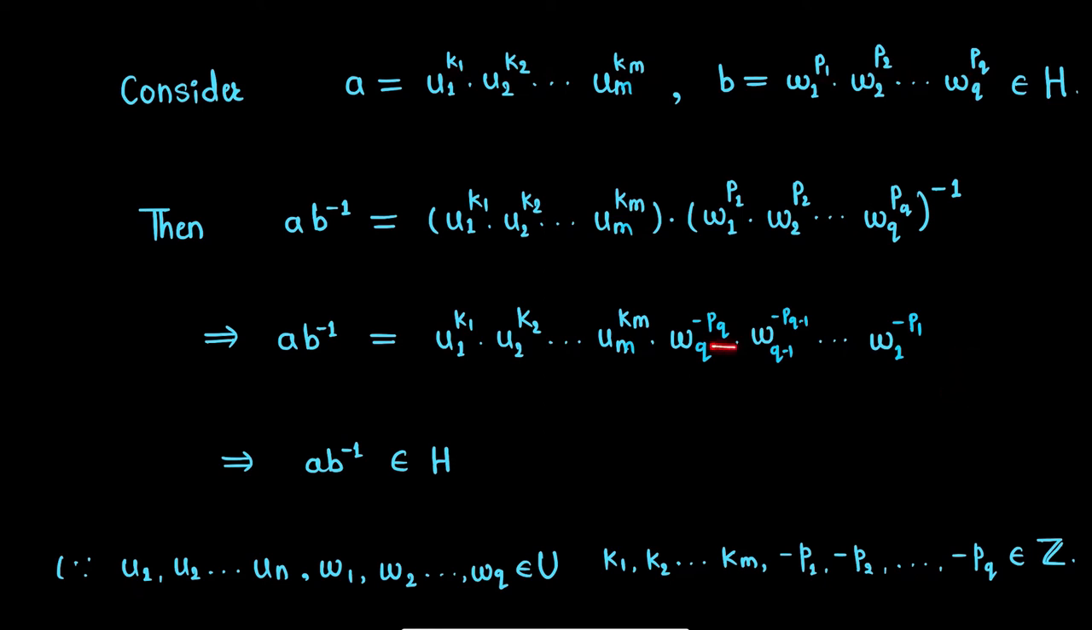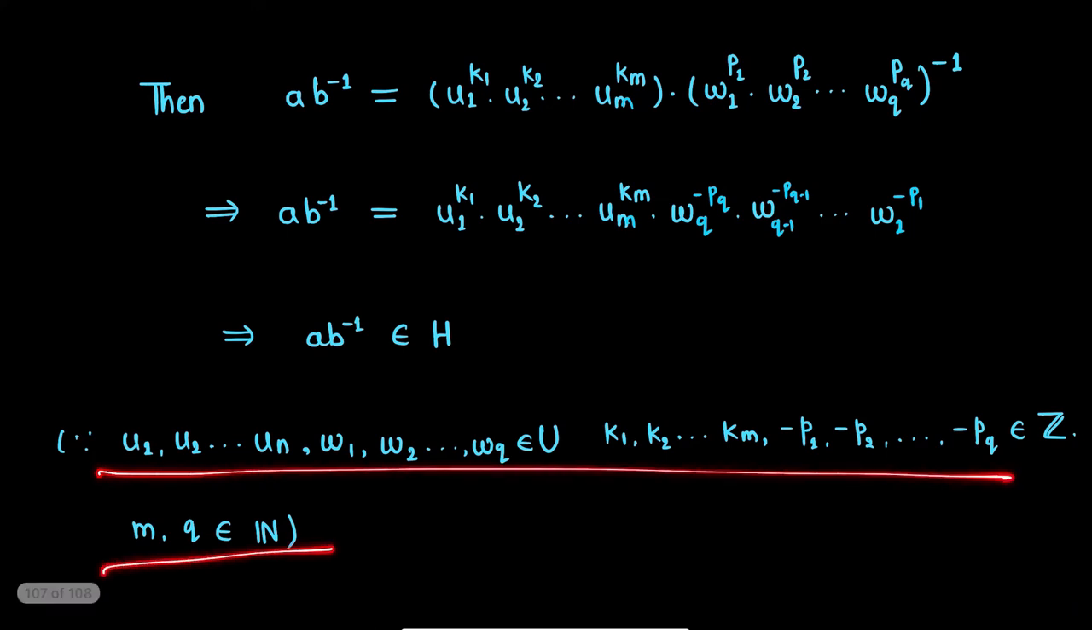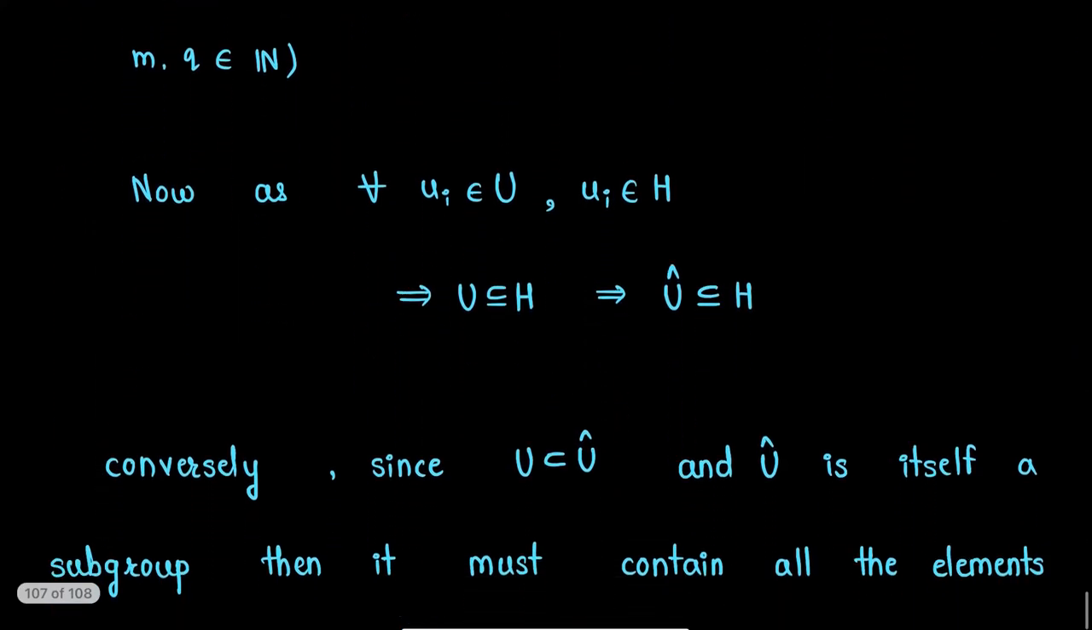So minus PQ minus 1 and minus P1 are also integers, and therefore this product will be a member of H, that is AB inverse will be a member of H, and therefore H will be a subgroup of group G. I have also written the reason here. Now